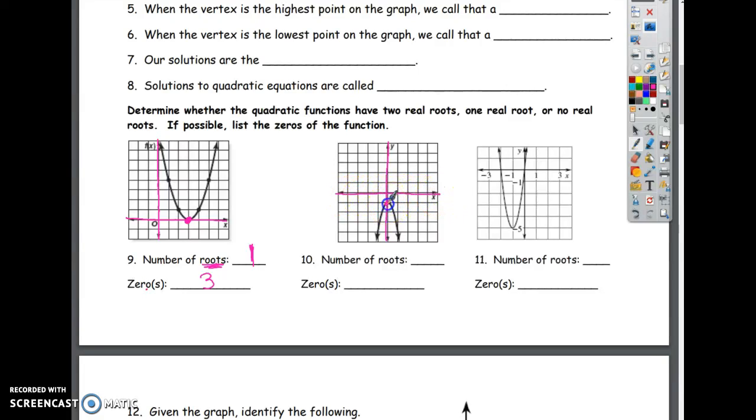No, because look at where it's at, it's down here. So that's not an x-intercept. So we're going to say that we have none. How many roots? 0. How many zeros? None. No hay. Number 11, what are the number of roots? How many times or how many x-intercepts do I have? 2. I have 2 x-intercepts. And where are they at? What number is this one? This is 0 and